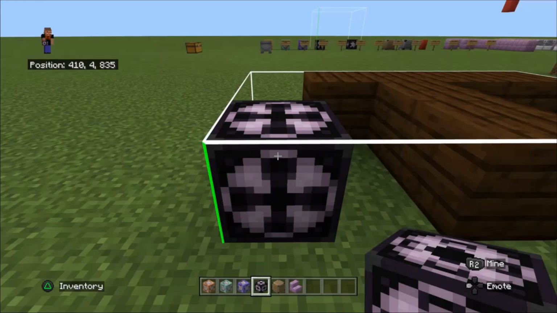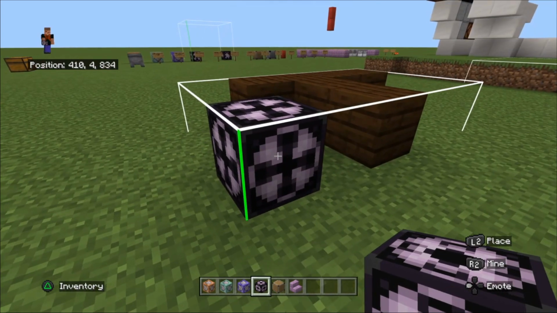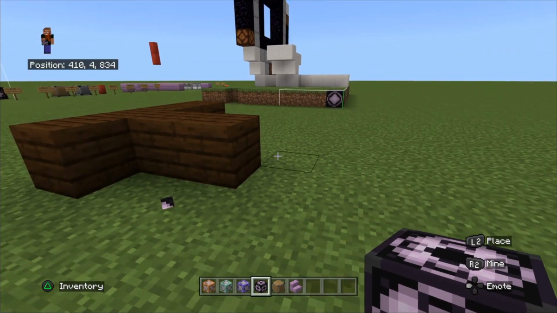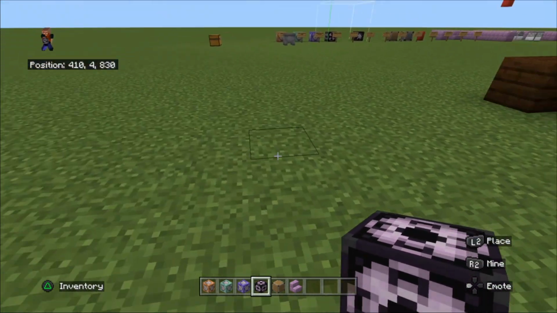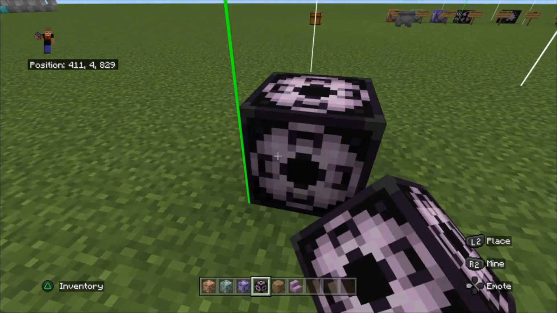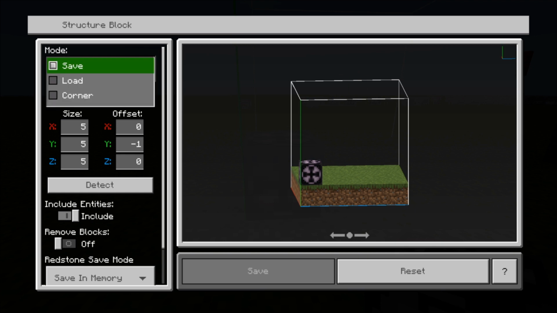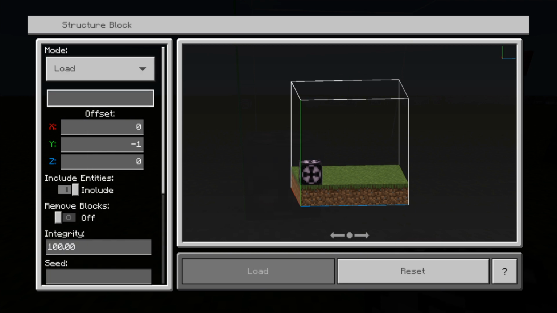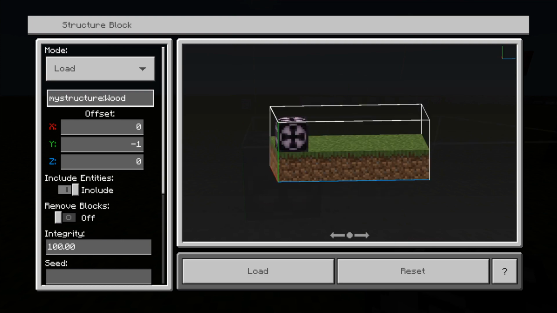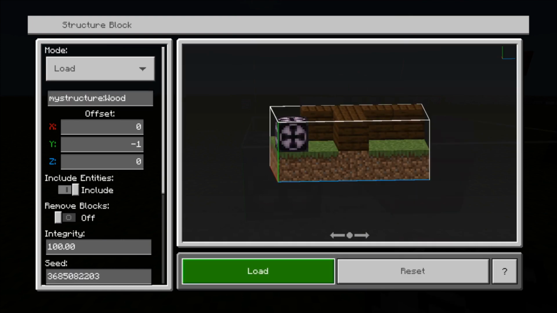To save that, we'll just copy it. Now the beauty of this is you can select it to save all entities, which is something the clone command doesn't do. So we'll load it up now and put in wood, and there'll be a carbon copy of that structure selected,